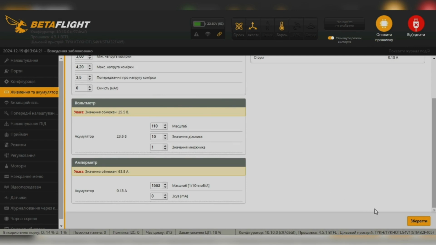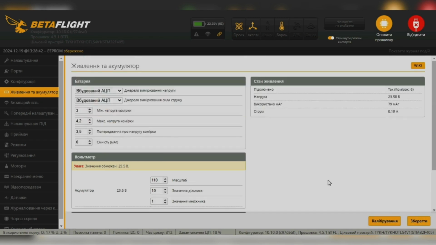To apply changes to the voltage and current sensor calibration, click Save. In the Power State subsection, you can then compare the displayed voltage and current with the values measured by your device. If the numbers differ, you can repeat the calibration